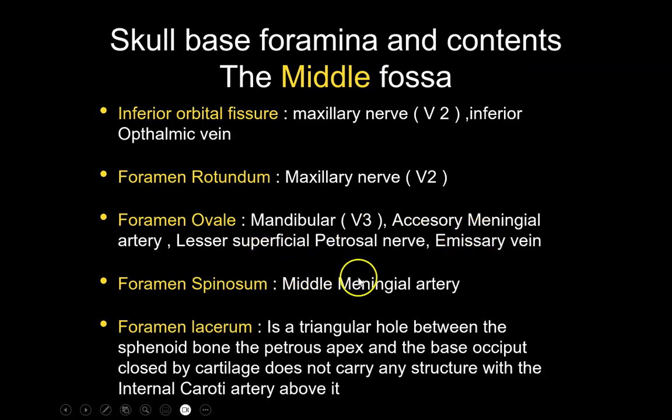Behind it, foramen spinosum, through which passes the middle meningeal artery, and the foramen lacerum, which is a triangular hole between the sphenoid bone, petrous apex, and the basiocciput, and it is closed by cartilage, doesn't carry any structure,